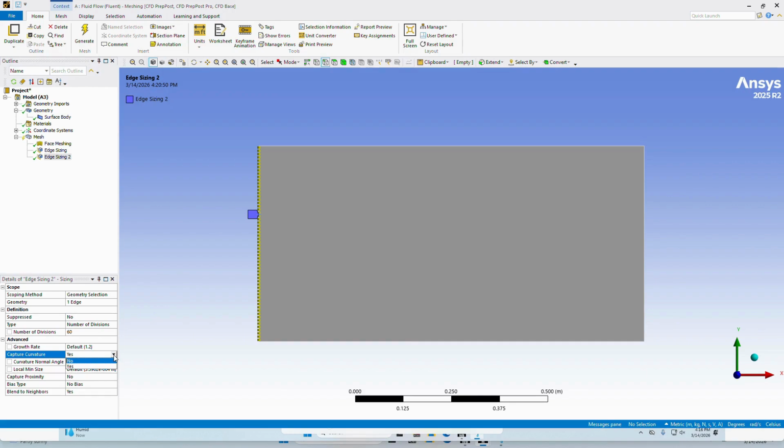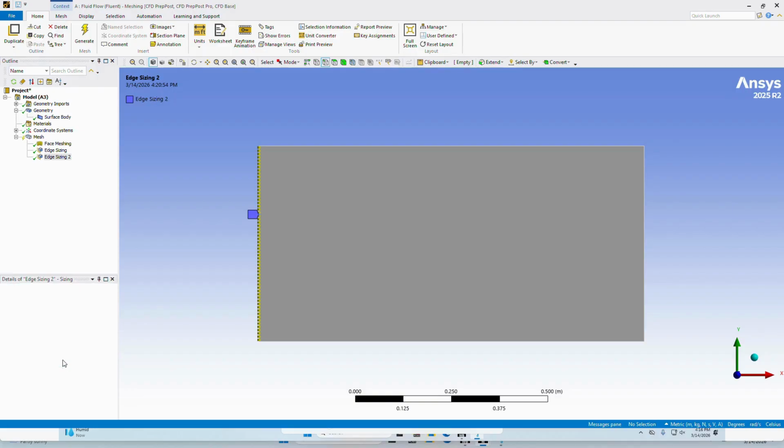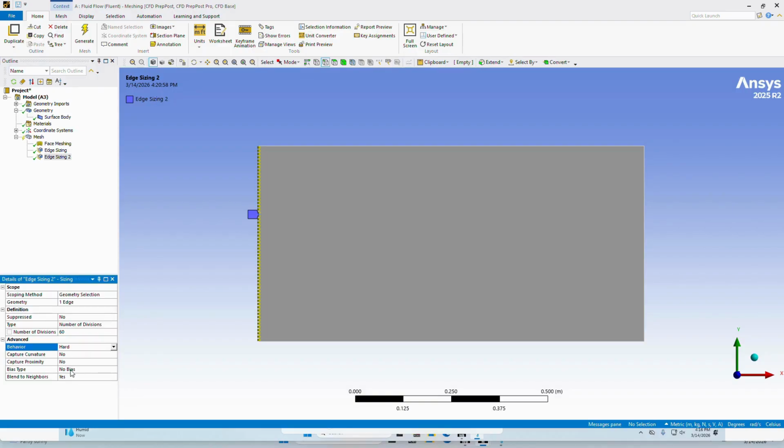Capture curvature, no, change that to hard, and for the basis we're gonna change it to this one here, and it's gonna ask us for the basis factor. We'll do something like 70, and that gives us what we want to see for this edge at least. So we click generate,